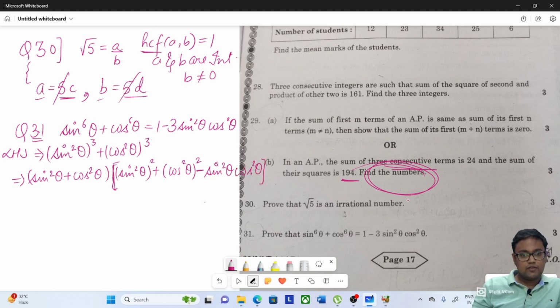Now you want sin square theta cos square theta माइनस में चाहिए, लेकिन 3 भी साथ में होना चाहिए इसके, राइट. तो what I will do here is, let us make